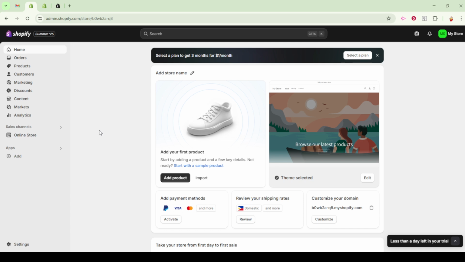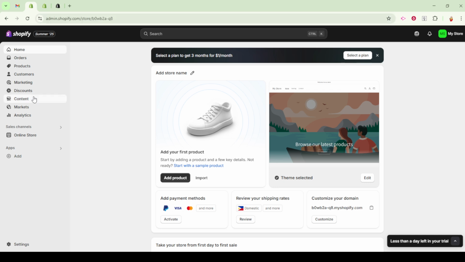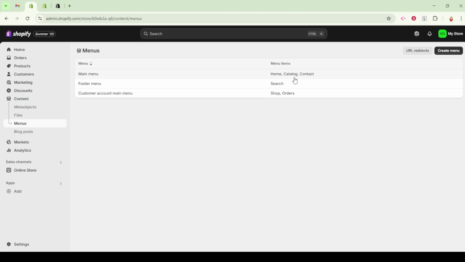To start with creating menus, you'll want to navigate to the navigation section of your Shopify admin. This can be found under Content and then Menus. Once you're there, you're set to begin shaping the way your customers will explore your store. The first thing you'll want to do is add a new menu. Simply click on Add Menu